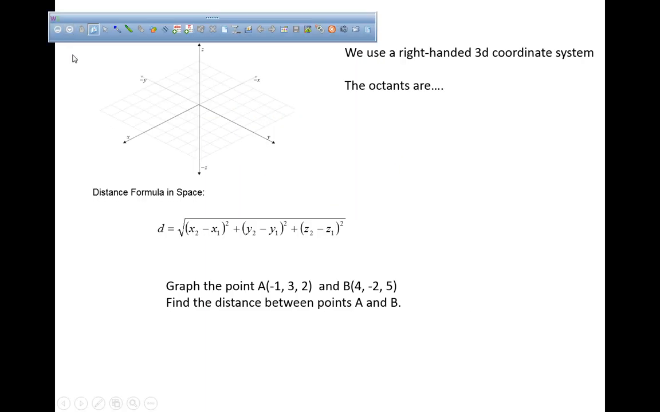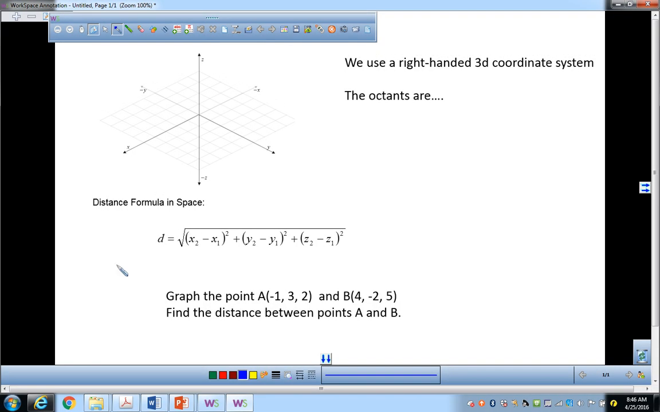Okay, so for our general purposes, we're going to talk about three-dimensional coordinate systems and vectors. Did we already talk about vectors? Yes. So we're going to talk about vectors in 3 dimensions, and then we're going to talk about the cross product, okay? And we're going to talk about the right-hand rule and the octants. It's kind of hard to visualize here, but